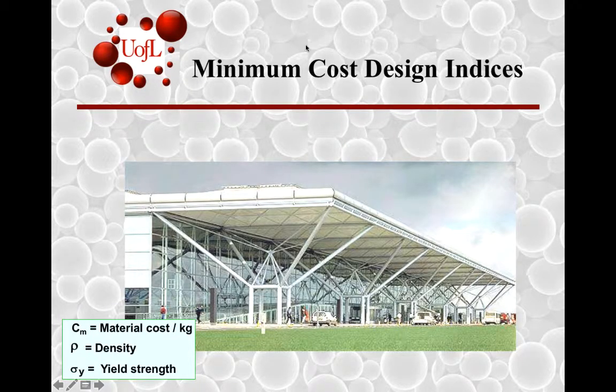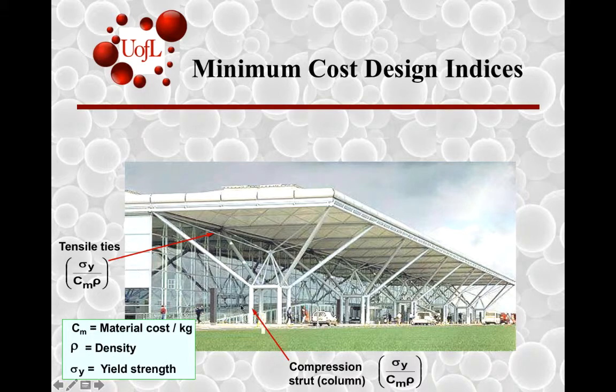Suppose now the objective is to minimize the cost. So we have to take into account this material cost per kilogram of material. Again, for a tensile tie, for instance, now you go from the material index for sigma y over rho, and then in the denominator you get a cost multiple. For this completely different scenario, for this compression strut, you get a very similar material index for minimizing cost of